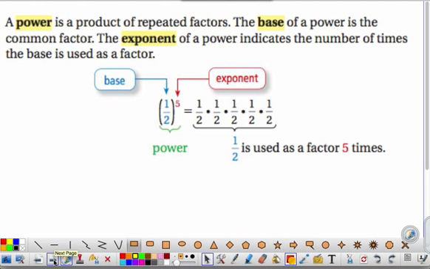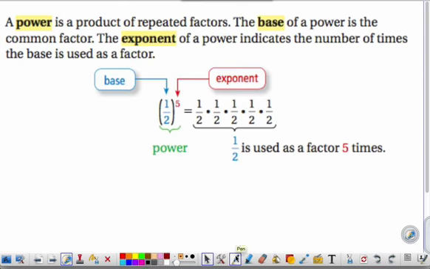It's the whole entire exponent base problem. You can see right here the power they're showing is the whole thing here. Now, what's telling us how many times to multiply is our exponent. That's our little number up top. And then the base is what's actually being multiplied. So if I have 2 to the third power, this whole thing is our power, 2 is my base, and